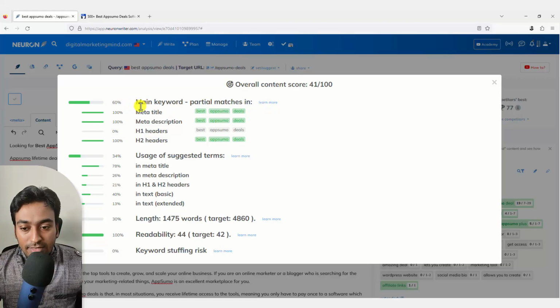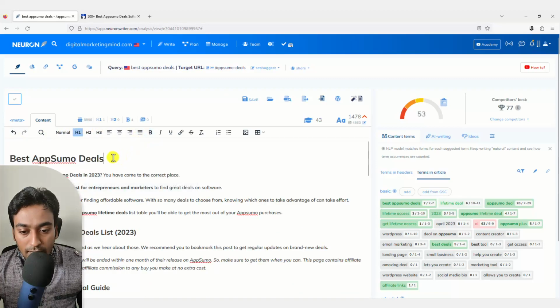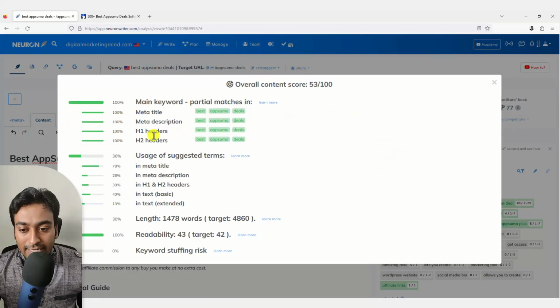For example, you can see it shows the meta title optimization is 100%, meta description 100. I still haven't created an H1, so let me quickly show you how that works. It shows me 0%, none of this is optimized. So I'm going to create an H1 called best AppSumo deals, just for example's sake, and make it H1. Now I have created an H1 as well, and you can see immediately my content optimization score went up. Now when I go into the summary, you can see that is optimized as well. So that is how you optimize it.